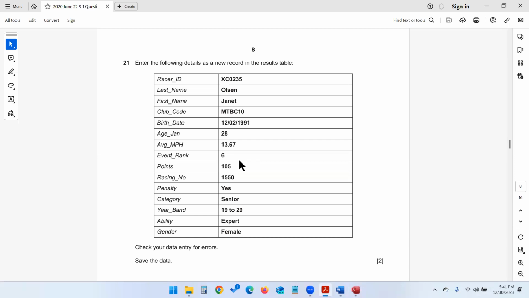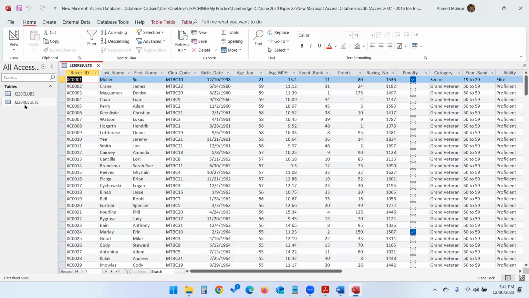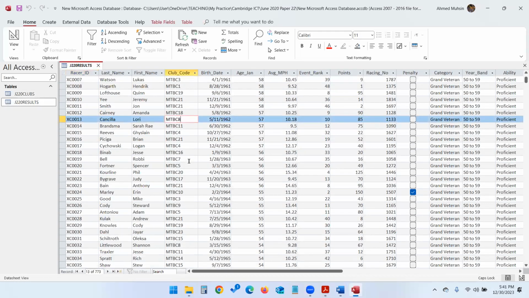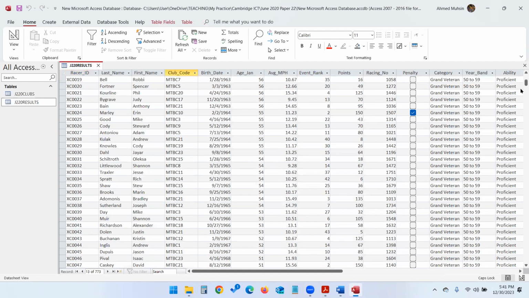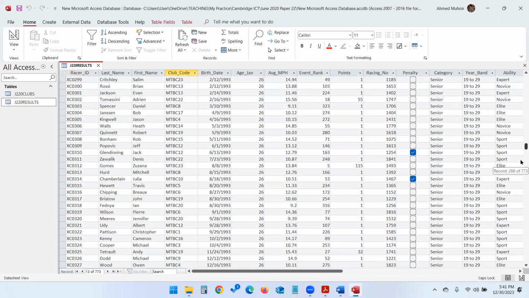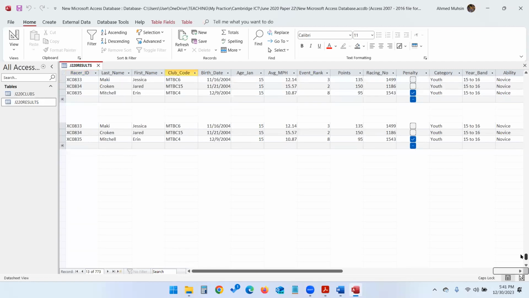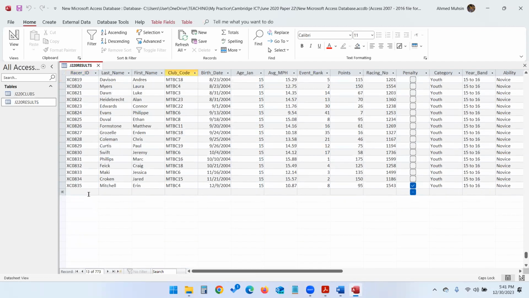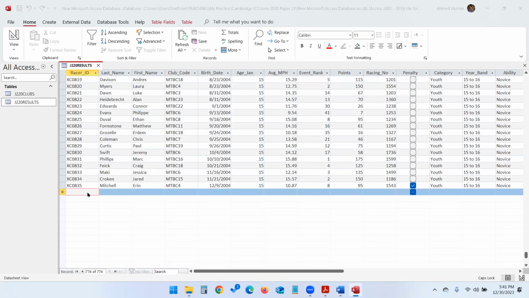So in the next question, it tells me, enter the following details as a new record in the results table. So I'm supposed to enter this record into the results table. So let's go up and open up the results table here. Results table is open. And let's scroll down right to the bottom because we're going to enter a new record. So let's go right to the bottom over here. Right. So now this is a simple task. You just need to